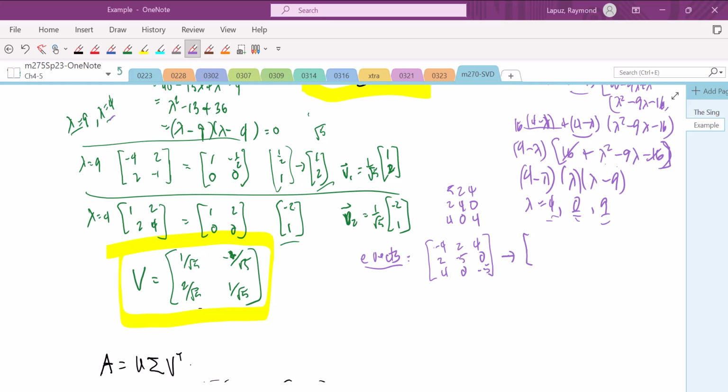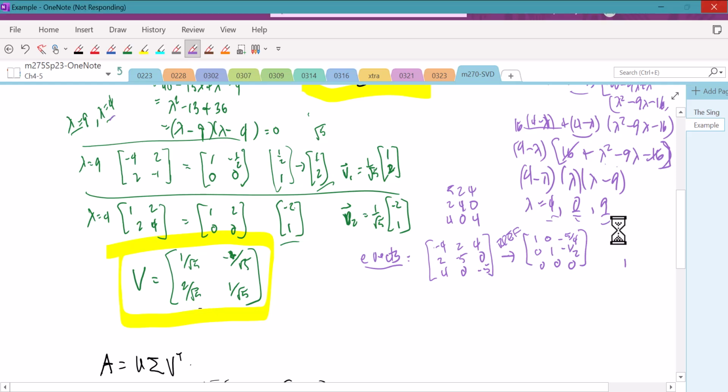So let's pause. Okay, after some consultation with Mr. Wolfram, RREF, I got 1, 0, and I got a -5/4. I got a 0, 1, -1/2, a 0, 0, 0. As expected, we should get a free variable. So my free variable is going to be 1 in the last component. This is going to be a positive 1/2, and this is going to be a positive 5/4.